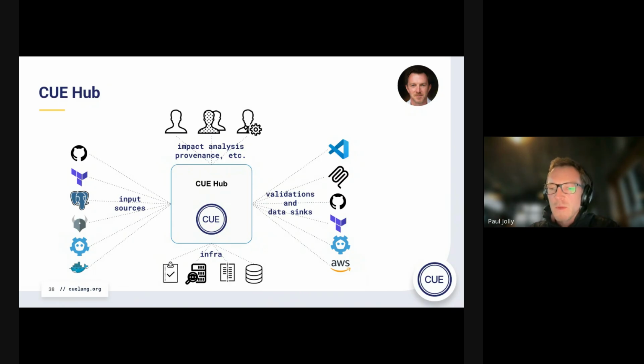This is where Q Hub, as that layer on top of Q, comes in, living and breathing all of those key principles of Q itself, but providing that operational, real-life, production-ready tool for you to manage configuration on a day-to-day basis, whatever tooling you might be using.